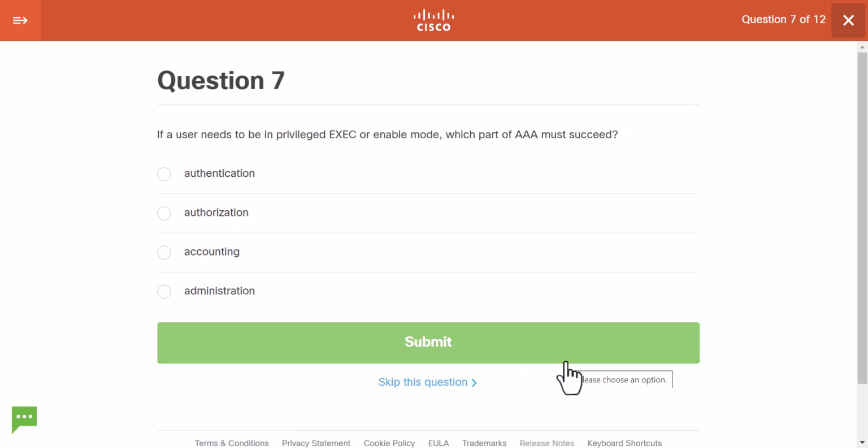If a user needs to be in privileged exec or enable mode, which part of AAA must succeed? So if a user needs to be in privileged exec or enable mode. Okay, so which part? Obviously, authentication must succeed. Everything starts with authentication, right? However, in order to